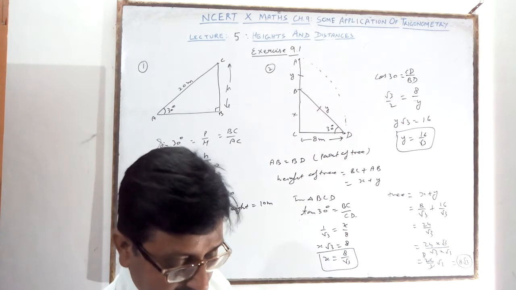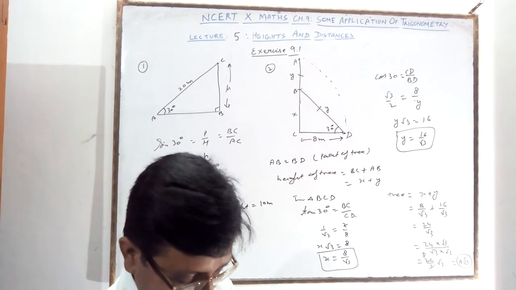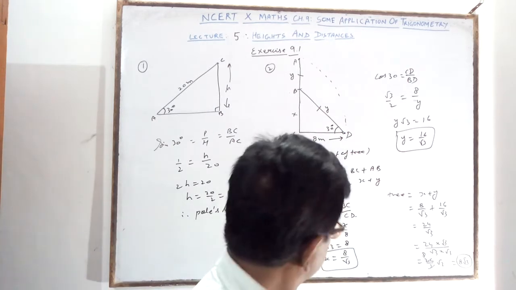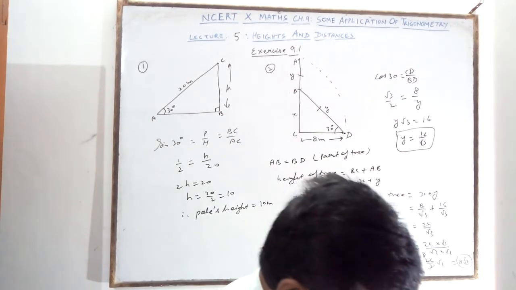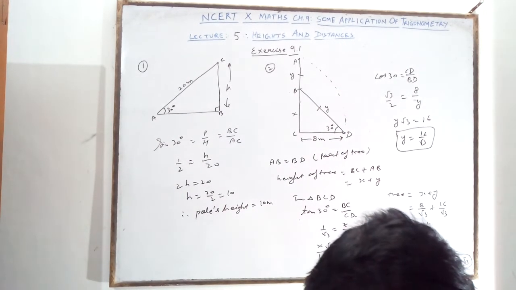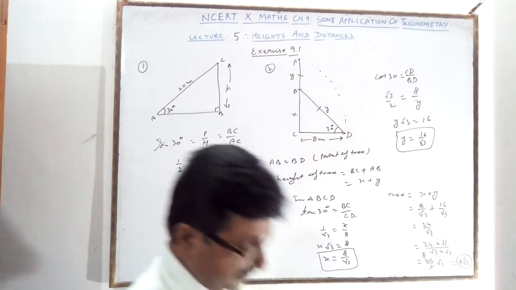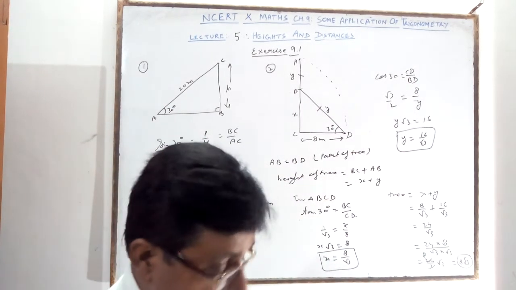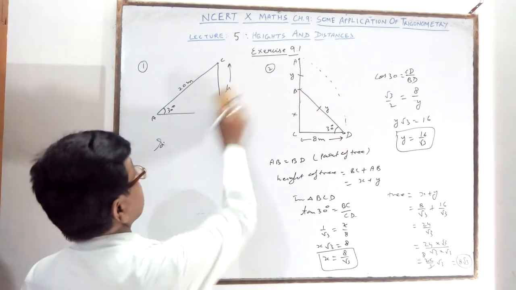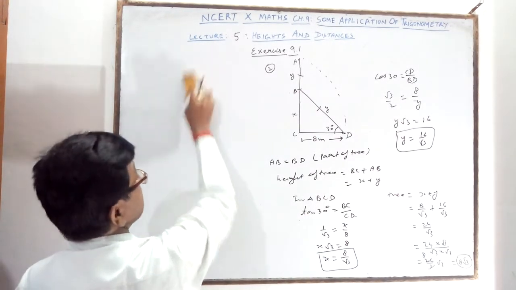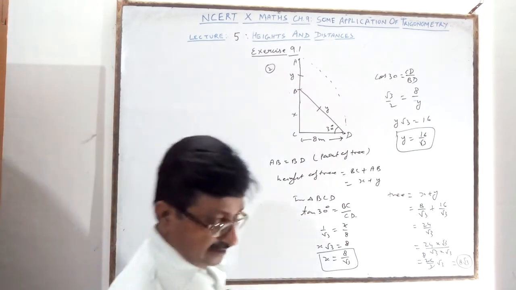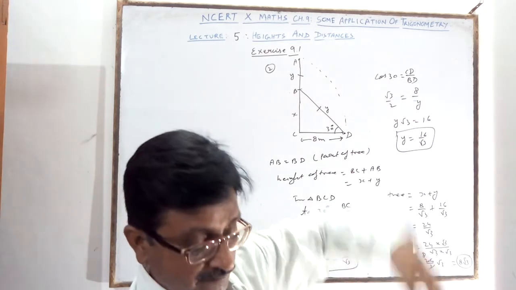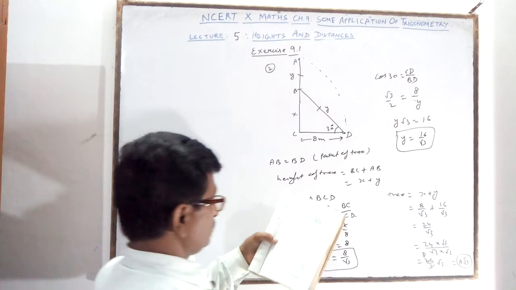Third question, you will see. Question number 3. What is question number 3? A contractor planned to install 2 slides. You know, in the park there is a slide for small students: there is a staircase to go up, and then the slide is there like this. So 2 slides you want to make.